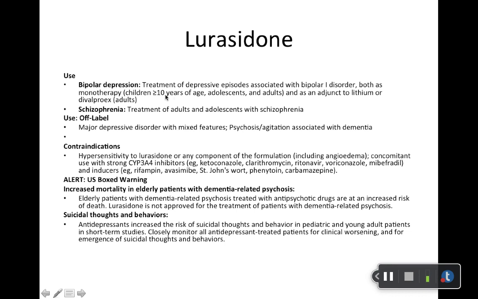So theoretically, there could be a 15-year-old who has bipolar disorder and is on lithium and has been given this in combination with the lithium for their depression, bipolar depression. That is why we have this suicidal thoughts and behavior warning. So for that hypothetical patient, they need to be closely monitored, making sure that their depression is not getting worse,